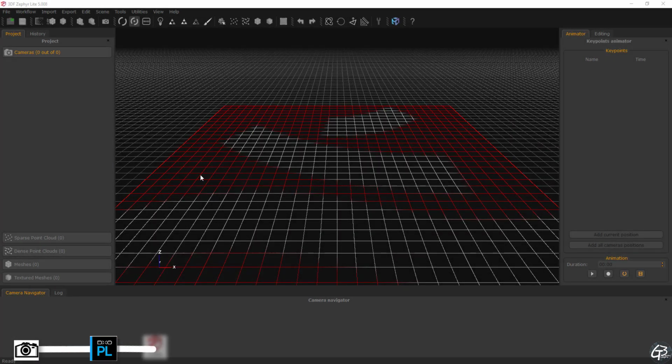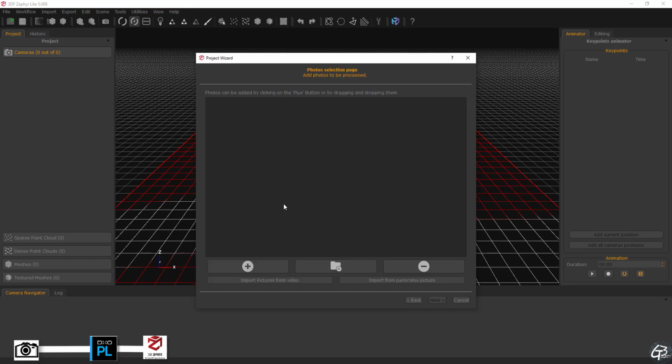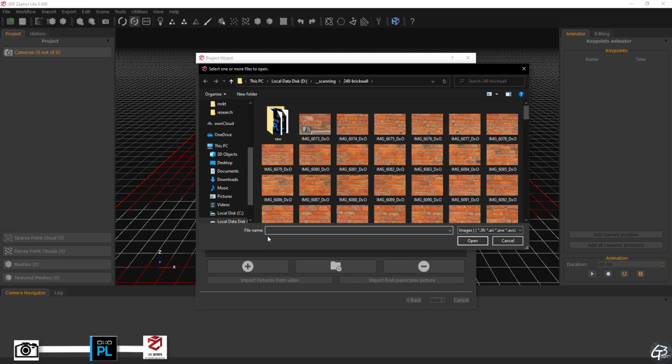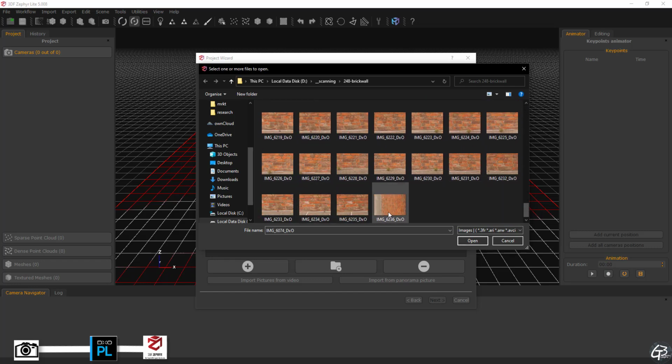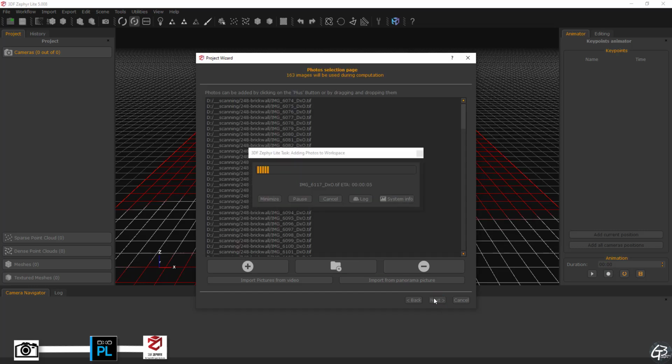Let's open 3D Zephyr and start a new project to load all images we want to use for reconstruction. As you can see, 3D Zephyr is based on a wizard system to make the process more user-friendly. Let's keep the suggested setting and hit Next to move to the next step. Next, let's load all the images except the one with the color checker included, as it wasn't used as part of the capture. When done, the software has to estimate camera positions in 3D space for each image.